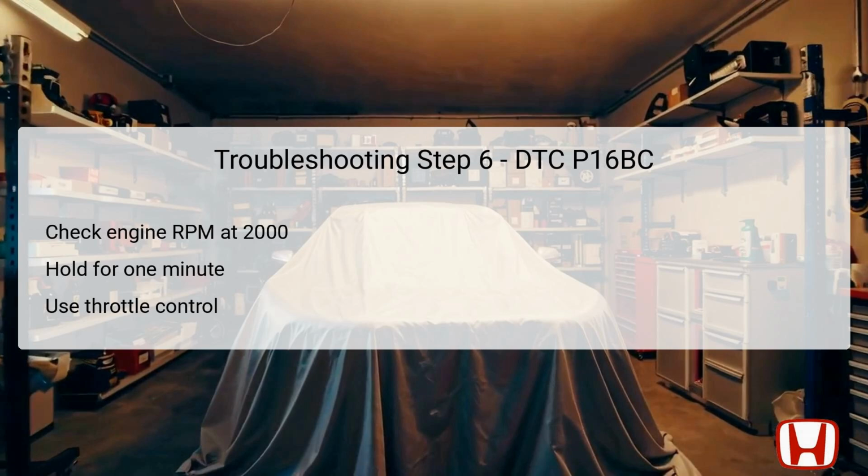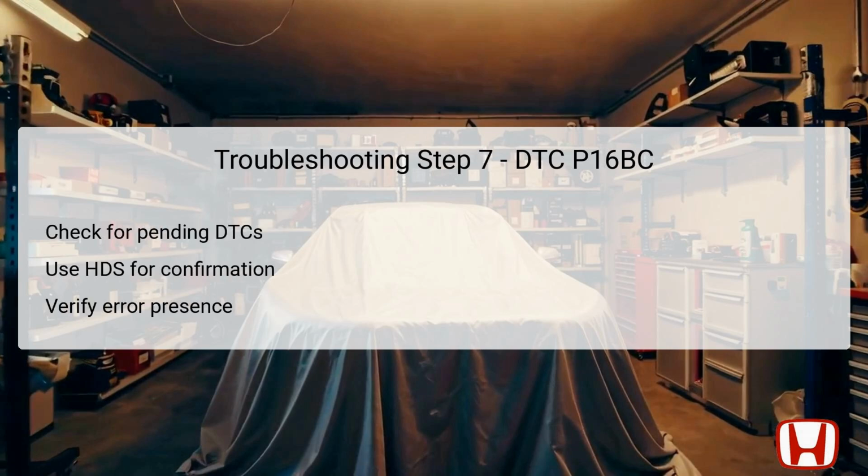This step is crucial as it places the alternator under a consistent load, allowing for better assessment of its performance. If you have an automatic transmission, AT, in park or neutral, or a manual transmission, MT, in neutral, gently apply the throttle to maintain this RPM without stalling. This sustained high RPM is essential to simulate high electrical load conditions, which can help in detecting any intermittent issues with the alternator's output. Observing how the vehicle responds during this phase will provide valuable data about its charging system